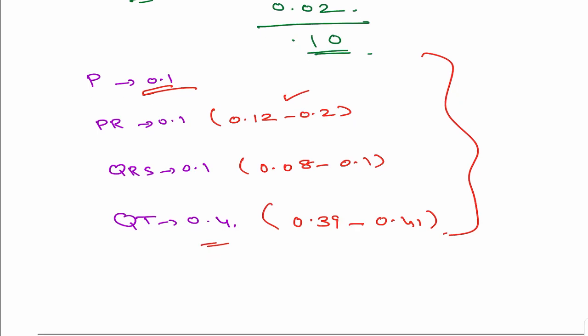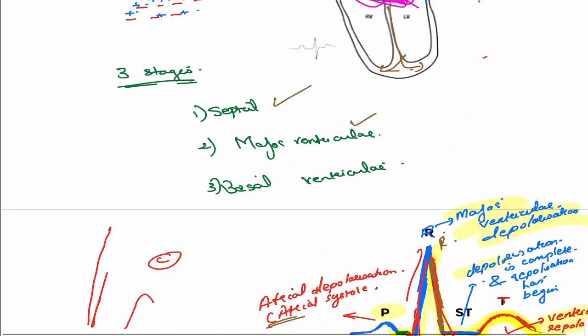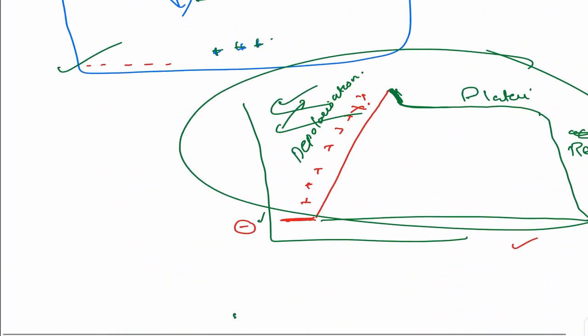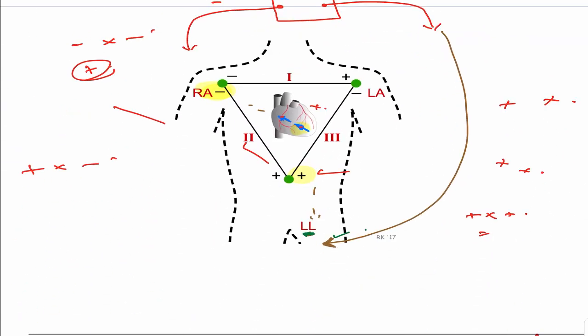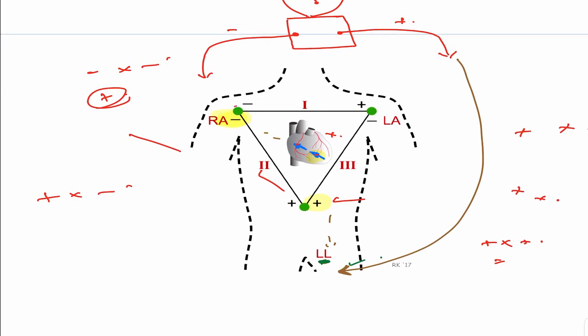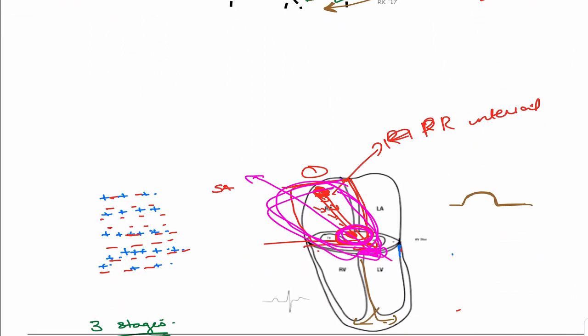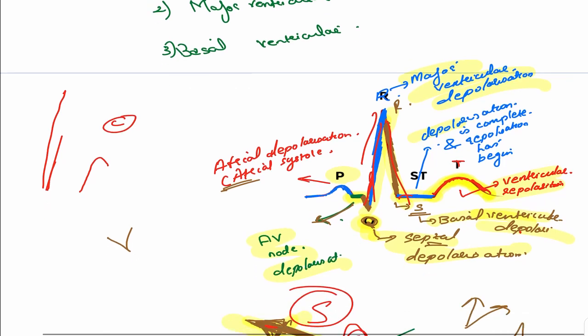Basically it's very simple. Okay, I'll just quickly recap, very fast recapping. First we studied this particular graph. We have been studying this for long, so I'm not repeating it. The only thing you have to know is that depolarization is positive charge and repolarization is negative charge. And we said we are just discussing this particular lead 2. Based on that we are finalizing the various waves.